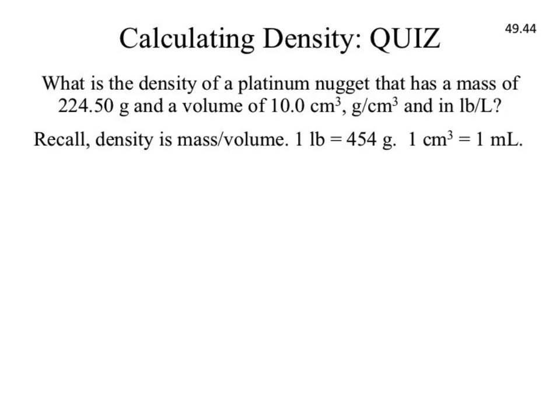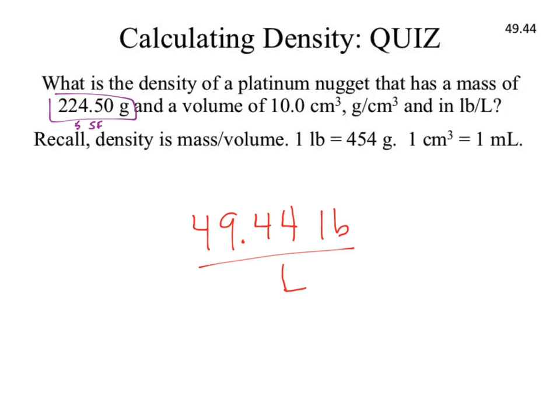Your calculator spits out a number, 49.44 pounds per liter. Would you be correct? No, you end up being wrong because of sig figs. You're given information. You were given 5 sig figs here, and you were given 3 sig figs in your volume, which means your answer needs to be